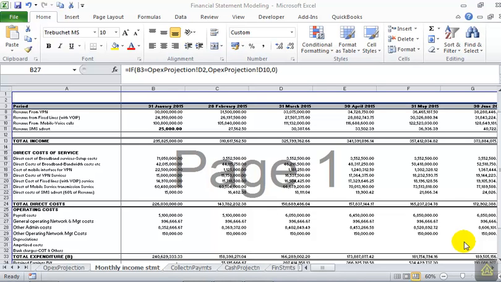In this video, we shall continue to look at how to construct our financial model. Now, we have seen how to construct our income statement projection, that is our monthly income statement projection. In this video, we shall see how these figures from the monthly income projection will feed into the cash flow